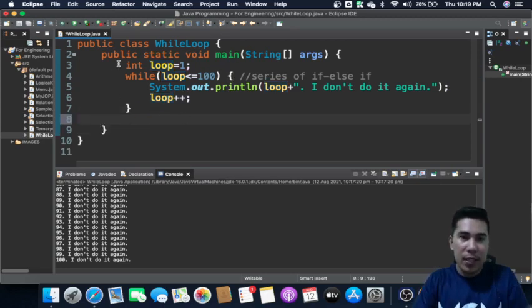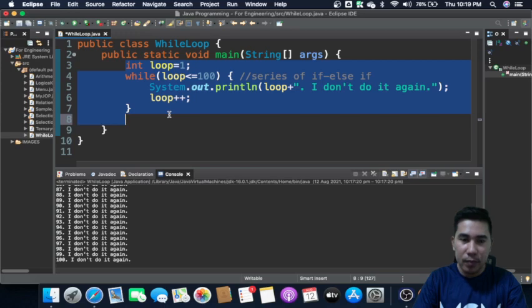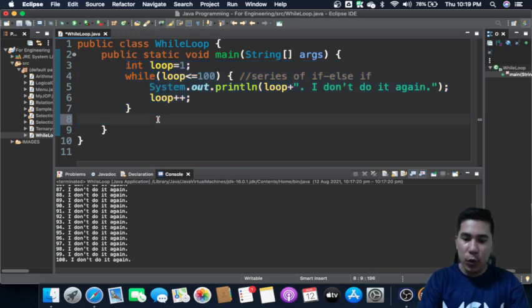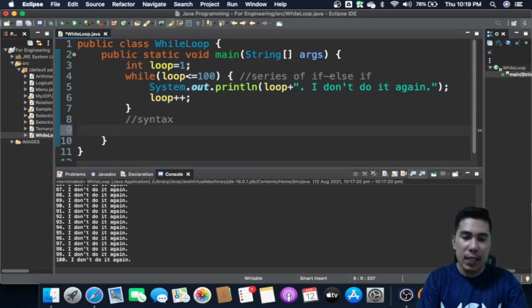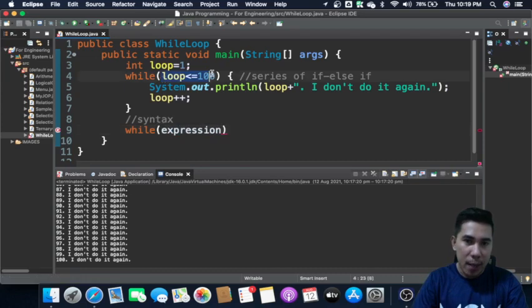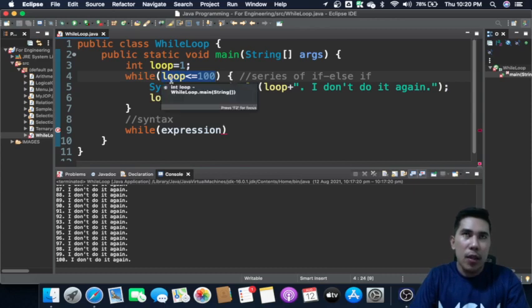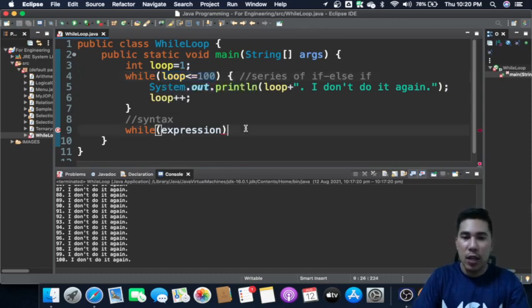So here's the syntax for the while loop. First, you have the while statement, and then you have the expression. This is an example of an expression. The expression is going to be evaluated to either true or false.